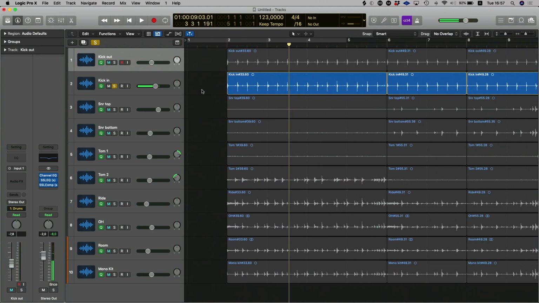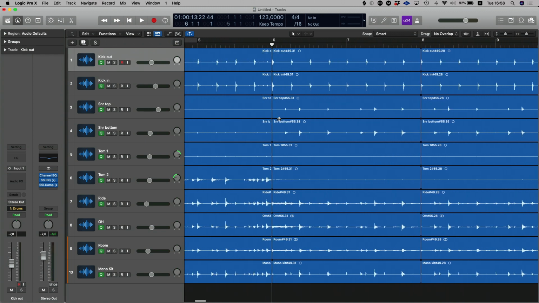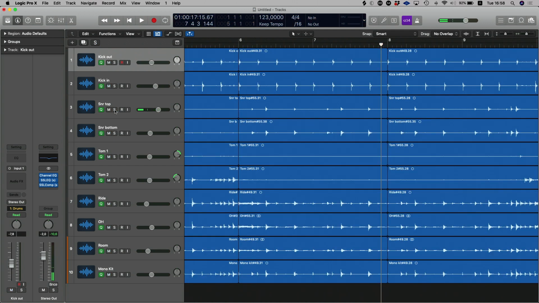The kick in mic's got a nice sharp transient, which will be great for quantizing because it'll be nice and easy for Logic to figure out where that transient is. Then if I listen to my snare top, again, there's not a lot of bleed. The snare is quite nice and clear. So in that scenario, the snare top would work great for Logic to be able to figure out where to